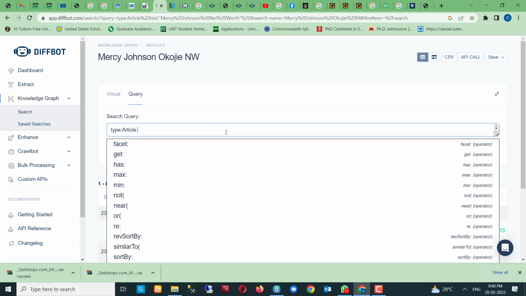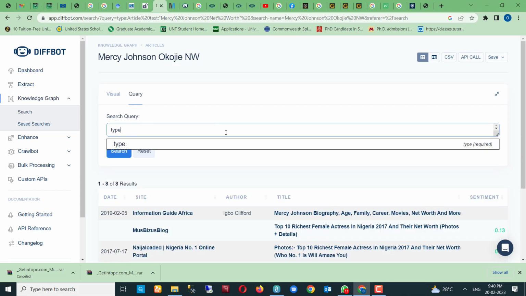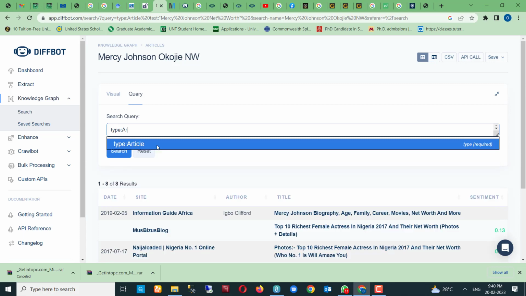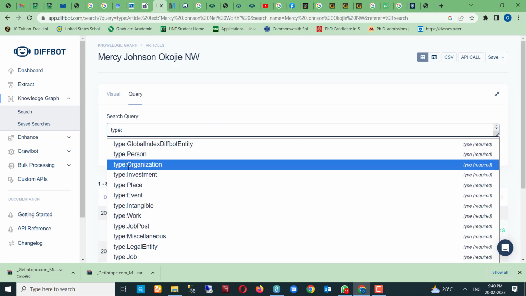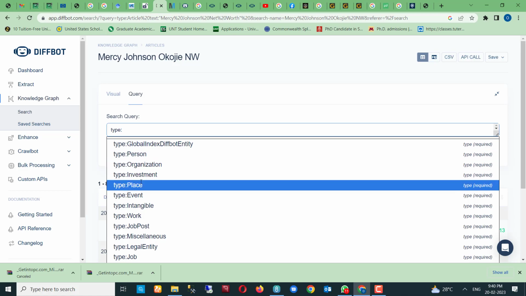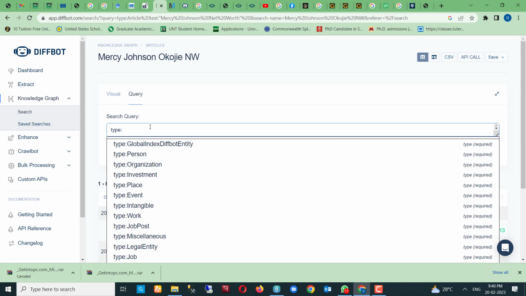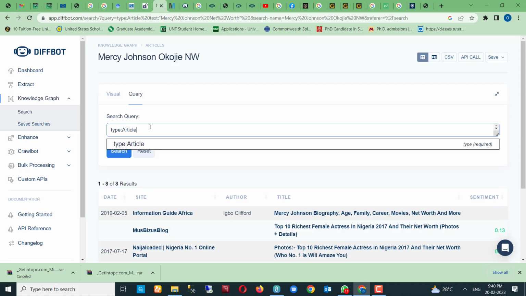I can go over this all over again. The type is the type of the entity which I actually want. I specified it to be an article. You can specify any other thing. It could be person, organization, investment, place, and all that. So for now, we said article. So let's search for all articles